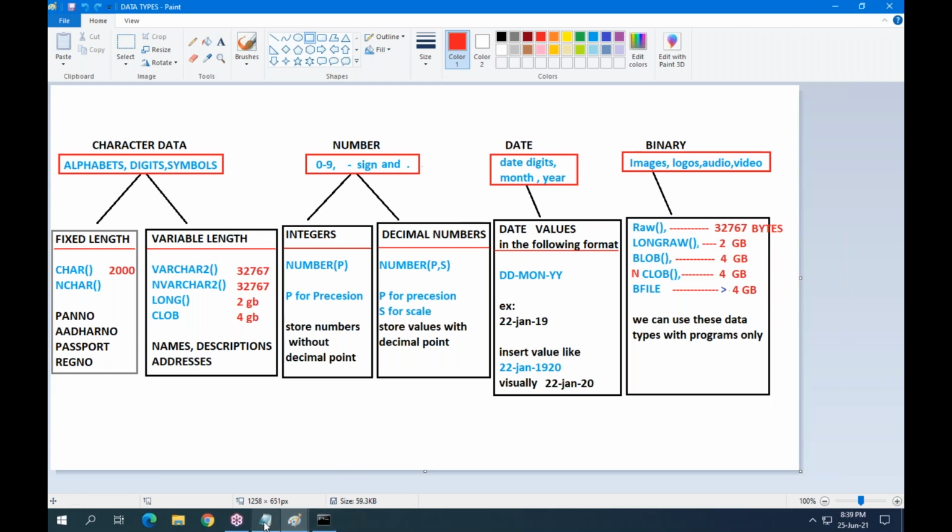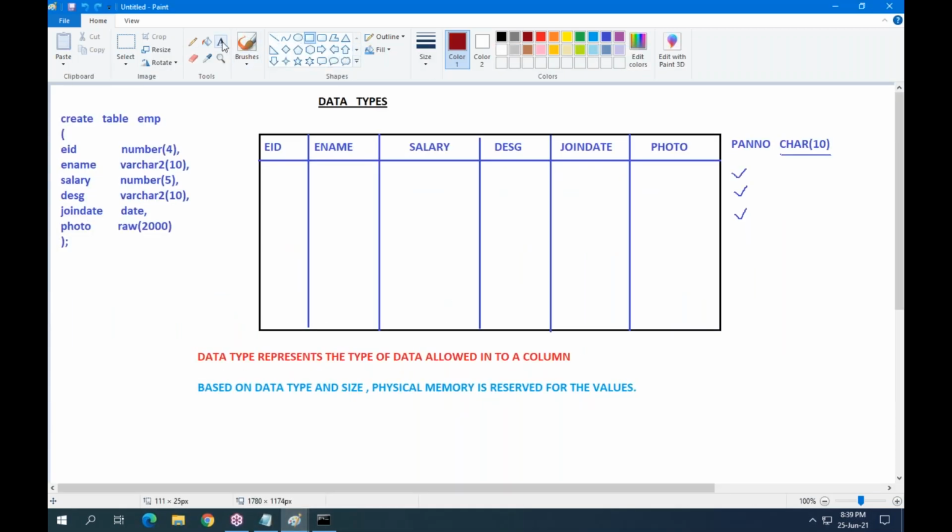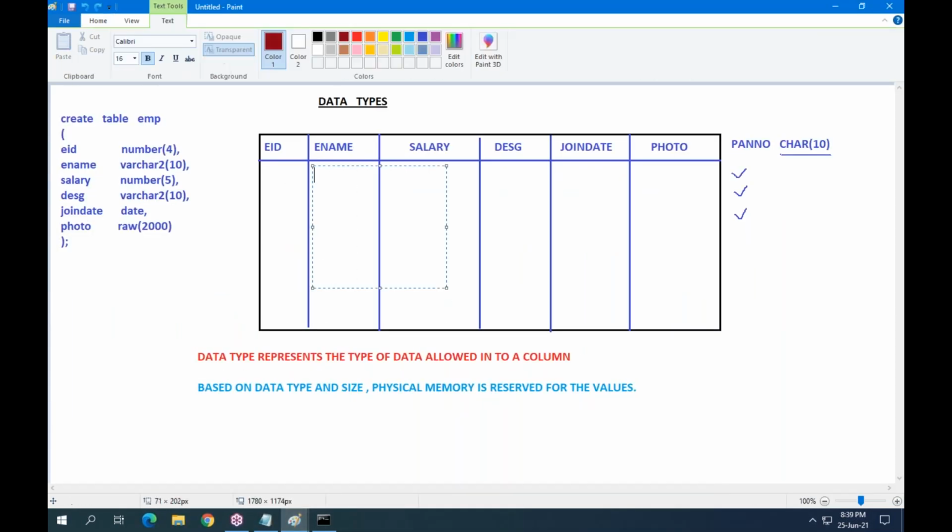Like see here for the employee names, let me take employee names. Here Ganesh needs 6 character length memory. Vijay, 5 character length memory. Jaya, 4 character length memory.